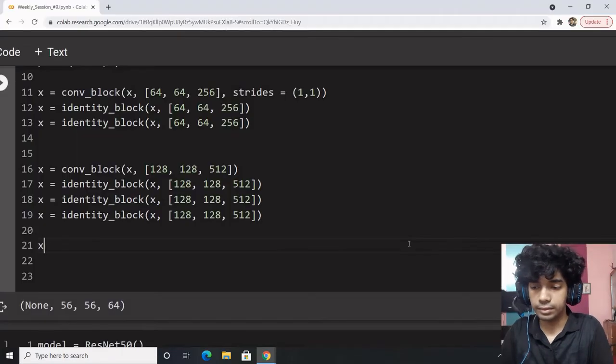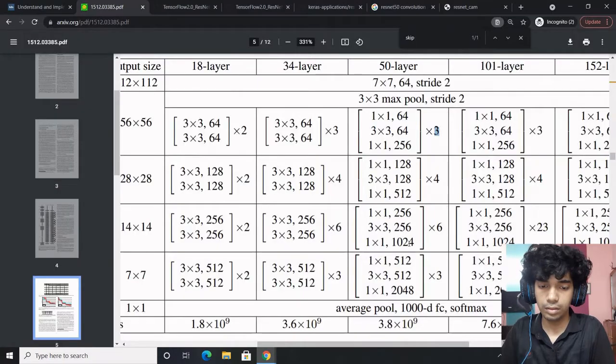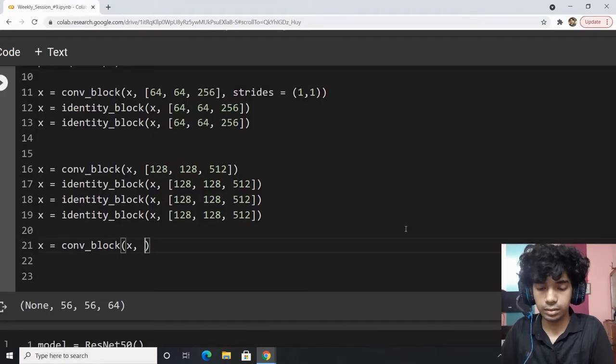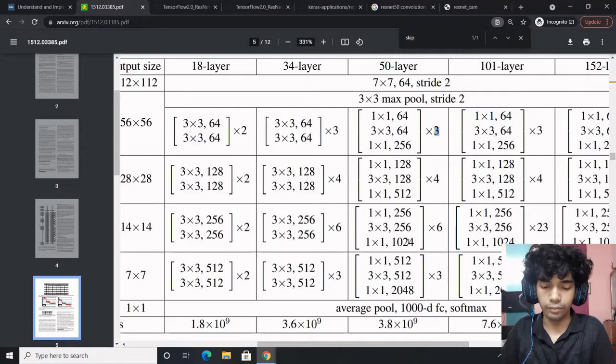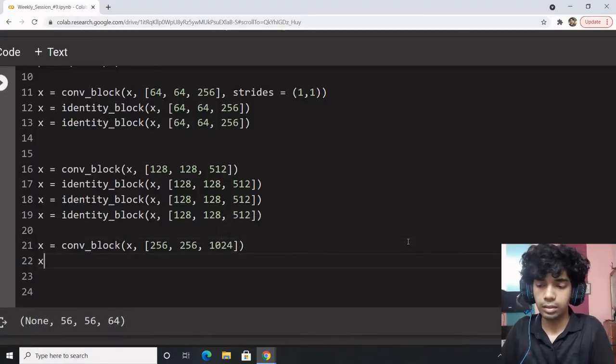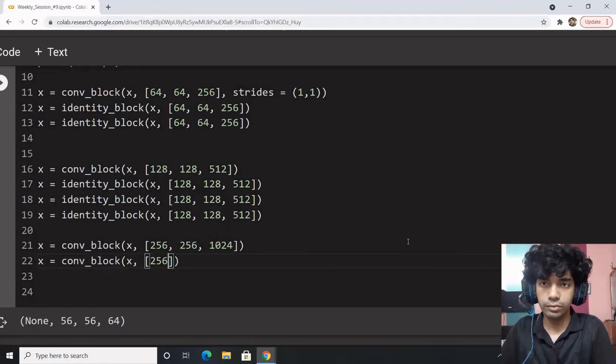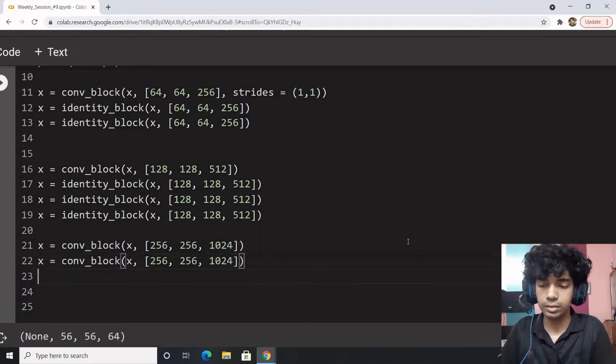Apart from this we have this: 256, 256 and 1024. Also we have 256, 256, 1024.